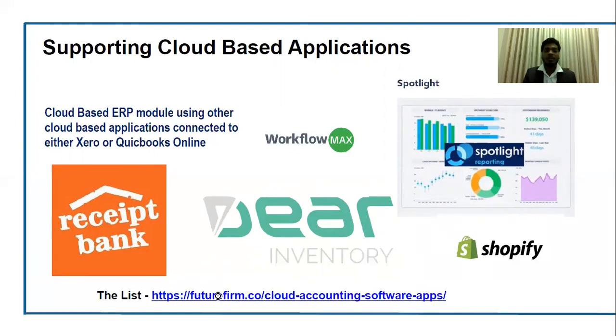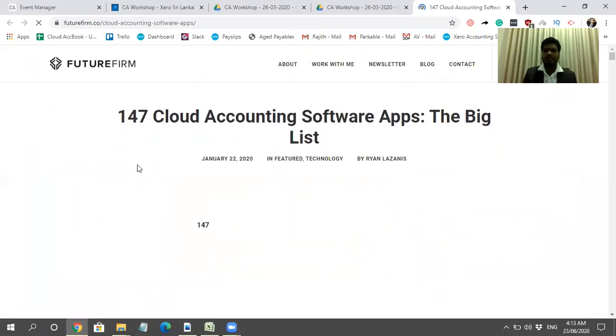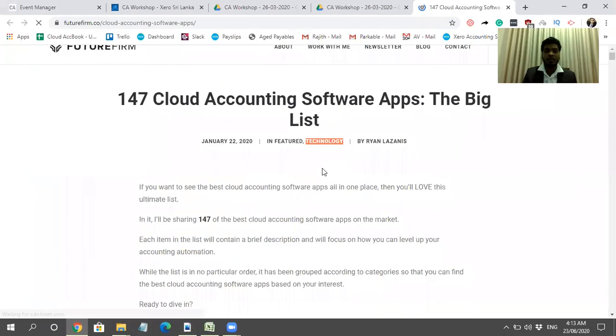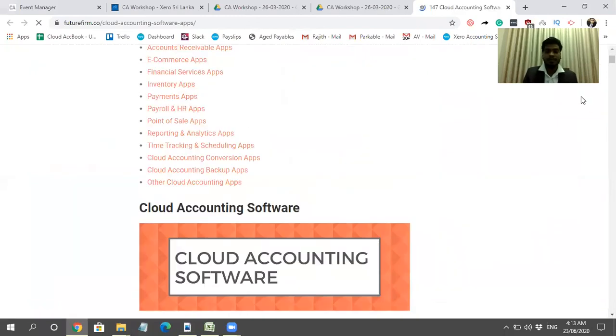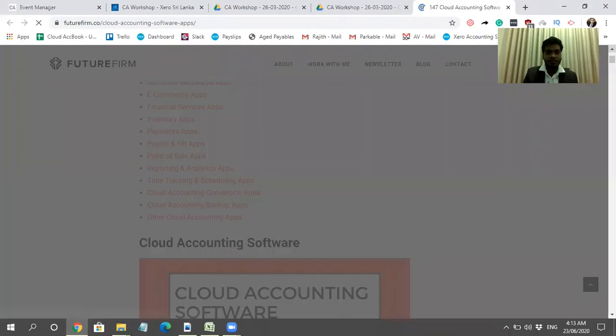Now, if you click on this link, this will guide you to a lot of apps. There are about 114 apps. I'm sure there are more than 1,000 apps, but in this list, the writer mentioned all the major applications used by companies at the moment. So let's look at this. Now, like I mentioned in the 2.0, they have listed apps by